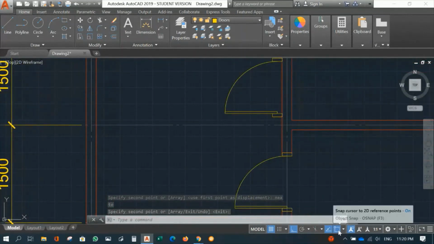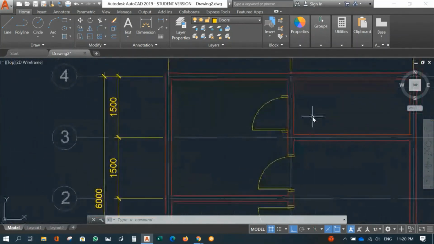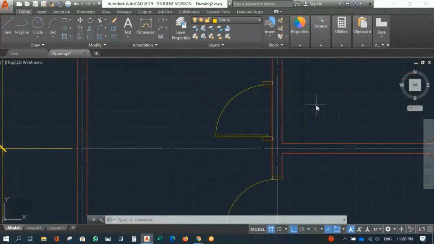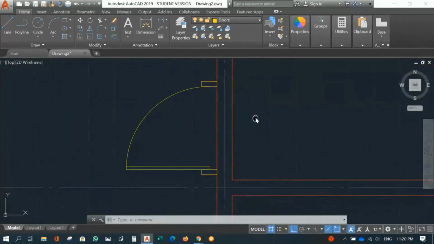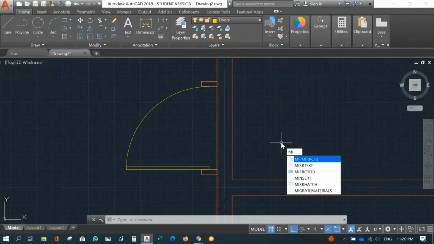If you look here, click. It is here, nearest. Where is it? There you are. So the short form for nearest is NEA. Right. So nearest enables us to select the line and put it anywhere that we need, without attaching either to an end line, middle line, or center line. So once we have this, press mirror again, MI for mirror, or you can pick it up here, press space bar,